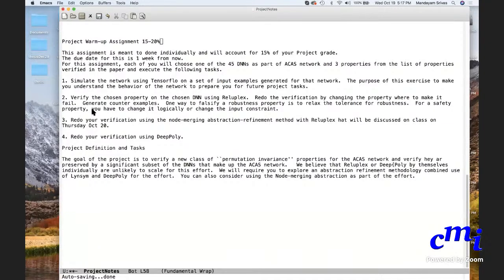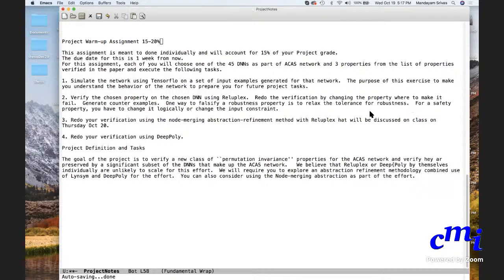So that you'll get a feel for how counterexamples are generated by Marabou. So ignore the robustness kind of thing. If they have tolerance, then you could change those tolerances, make them tighter, and see to a point where it might fail.